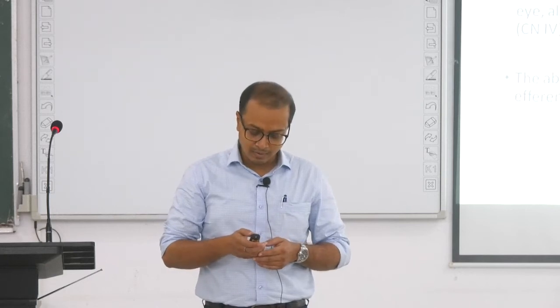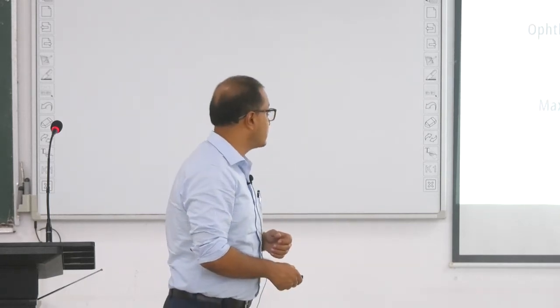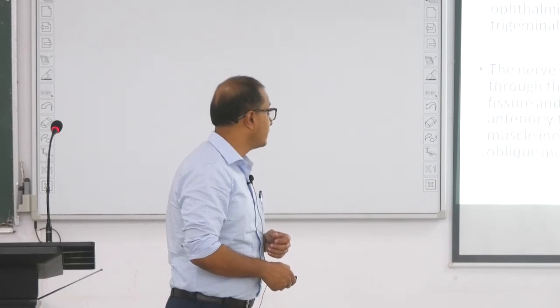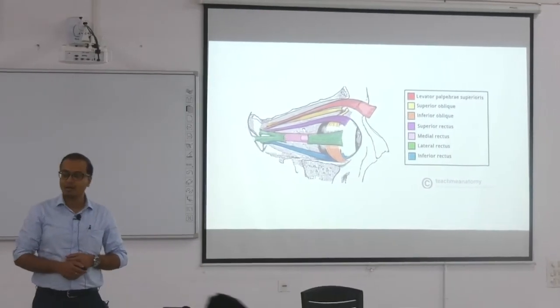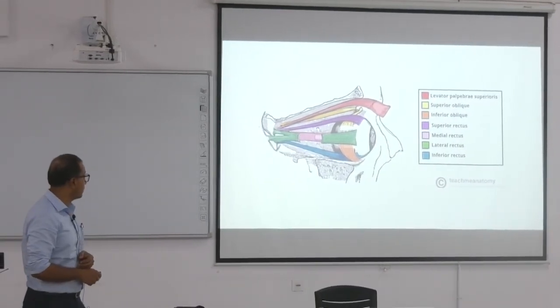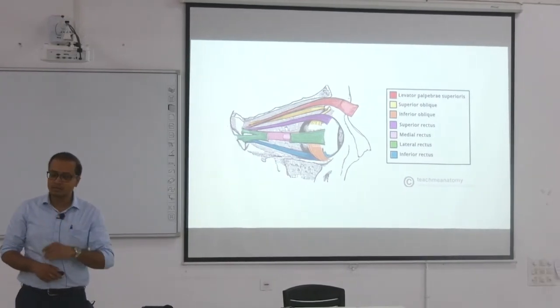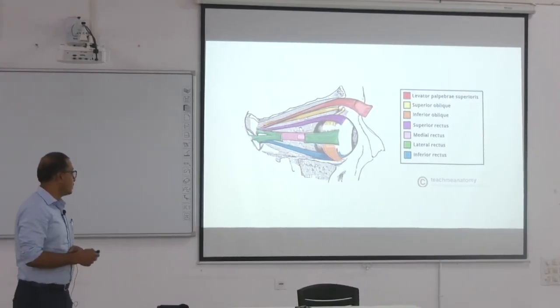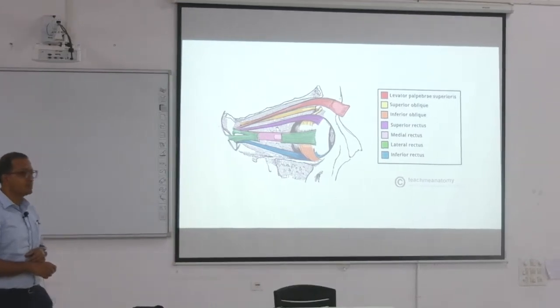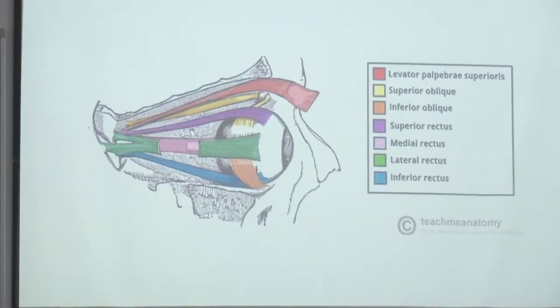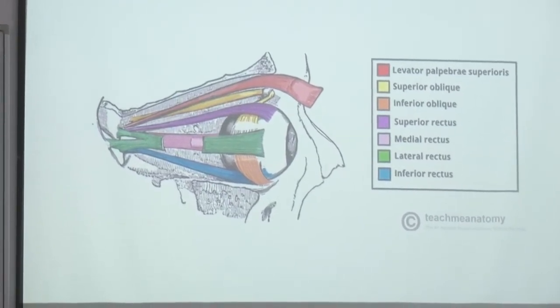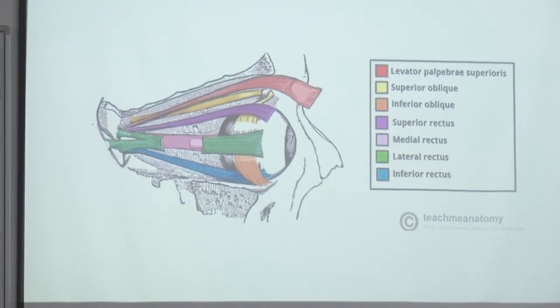We know that the eyeball has a set of muscles placed in the orbit, with different projections. We have the lateral rectus, medial rectus, superior rectus and inferior rectus. They are straight muscles present on different aspects of the eyeball, which is why we call them rectus muscles. Along with these, we have muscles with oblique cords: one anchored on the upper side, the superior oblique, and the other, the inferior oblique.